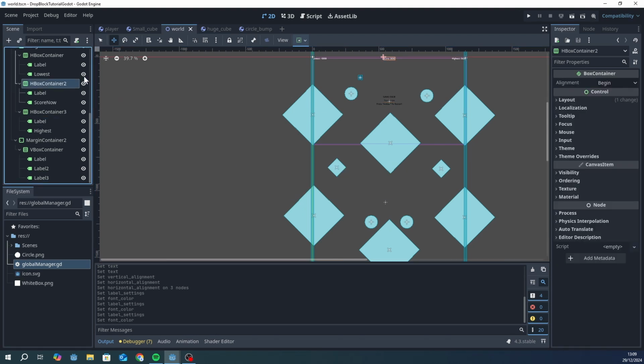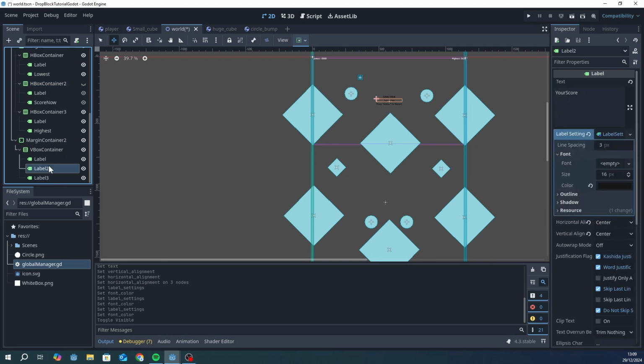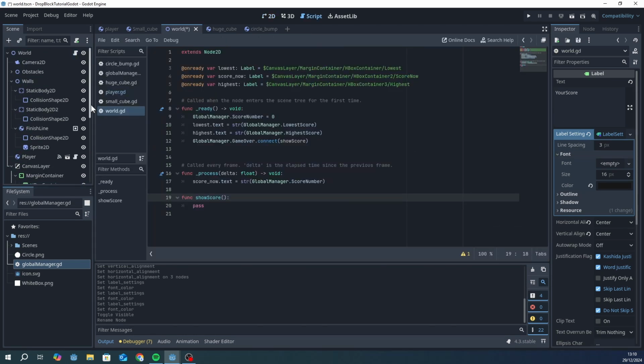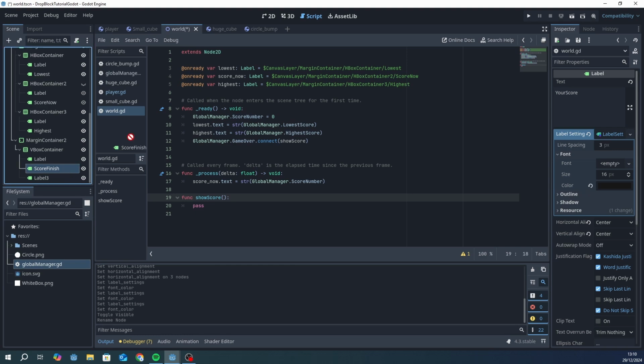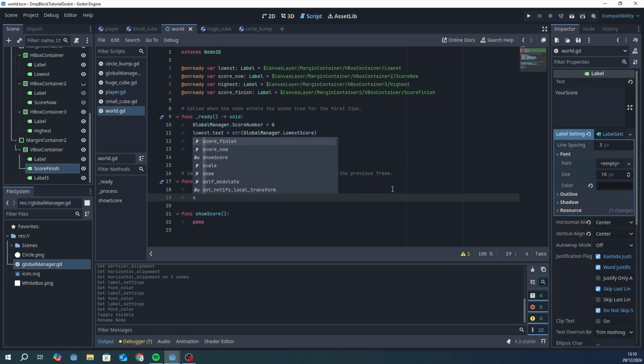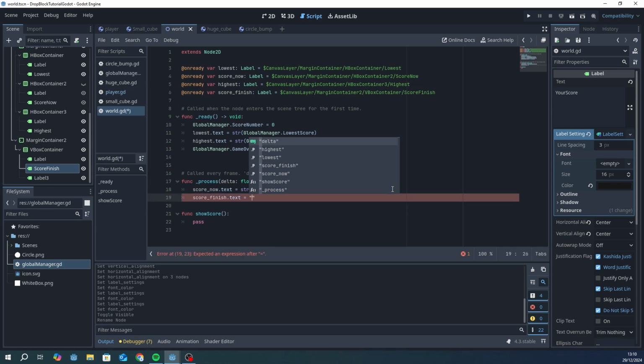I'm gonna hide the second container. This is the score finish. I'm gonna go with the world, and then I'm gonna put this score finish here, and the text equals score